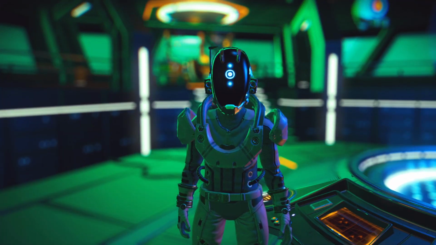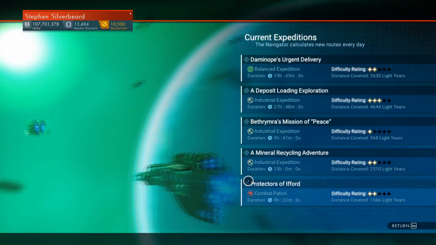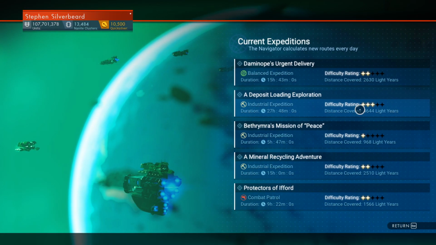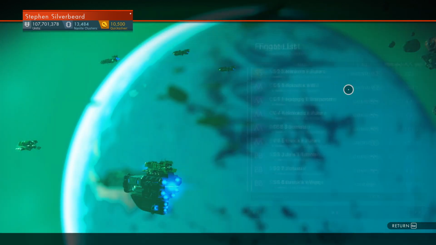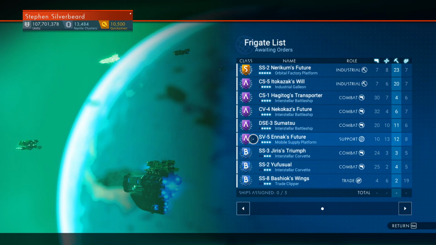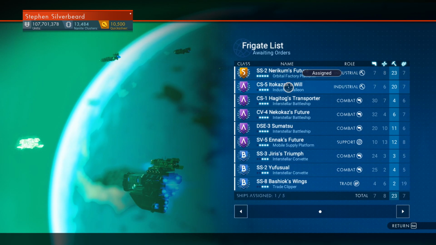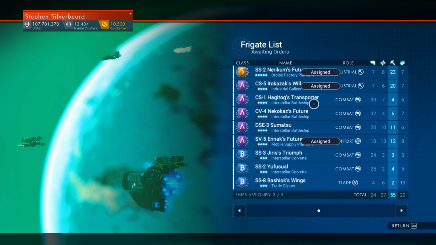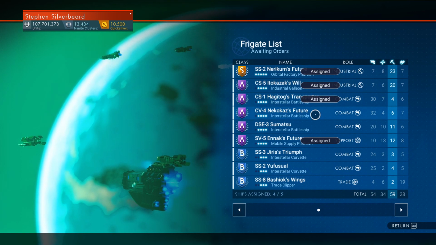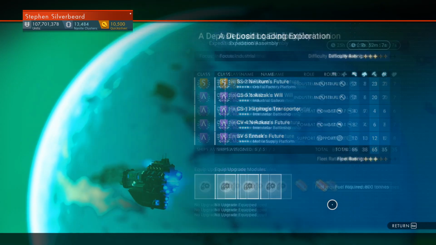And let's kick off another couple of missions. Two potential expeditions. And quite a heavyweight industrial mission here. I think we'll go for that. So we're gonna have to. We got an S support, and I think we'll go with you. You're 800 tons,